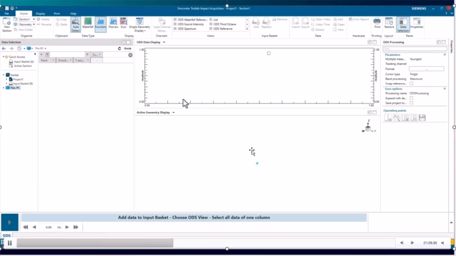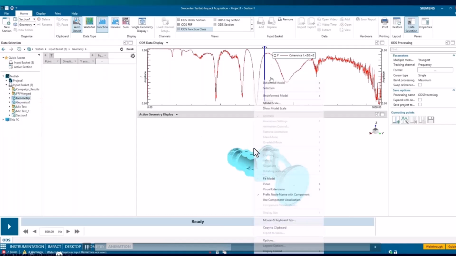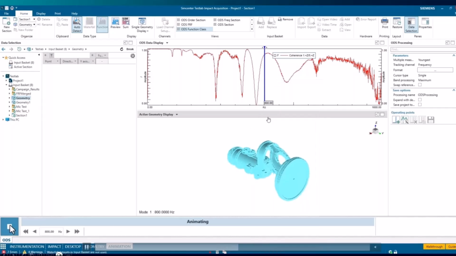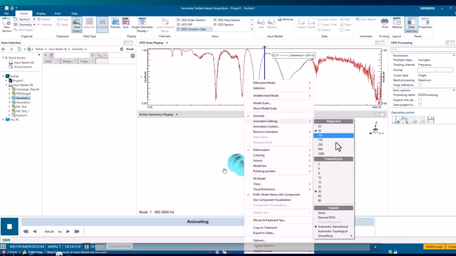Now I'm in the ODS tab. In the ODS tab, I can drag the geometry in. So that's my original 4 points. But if I drag in that STL file and I click on a frequency and click play, you'll see that it starts to animate. I've only hit it in one location, so it's not really interesting, but it'll start to animate the STL file based on the singular node location.